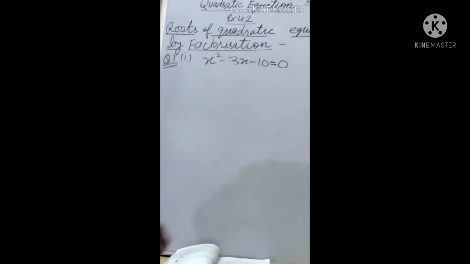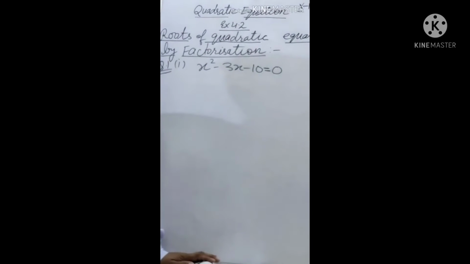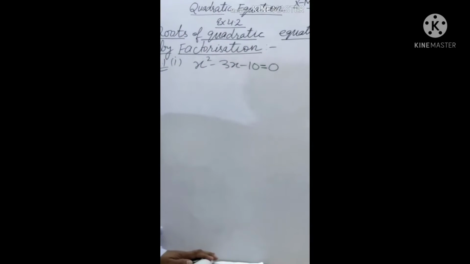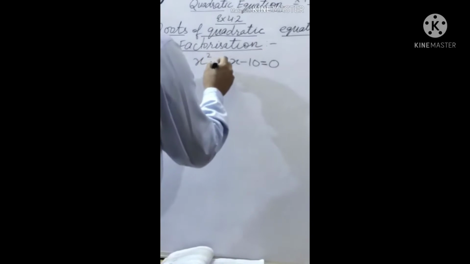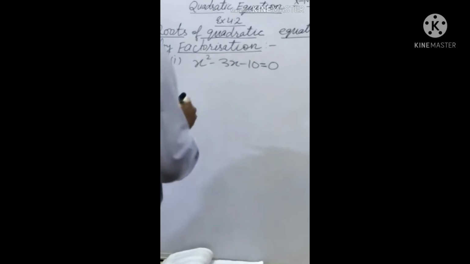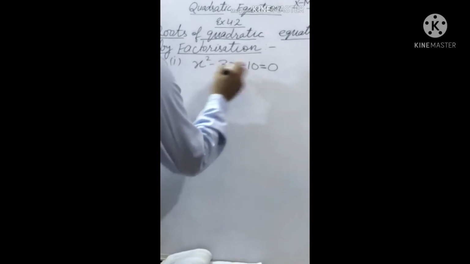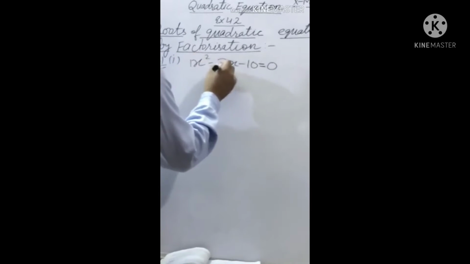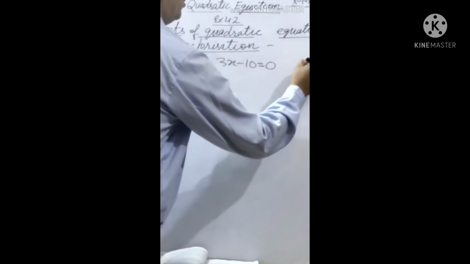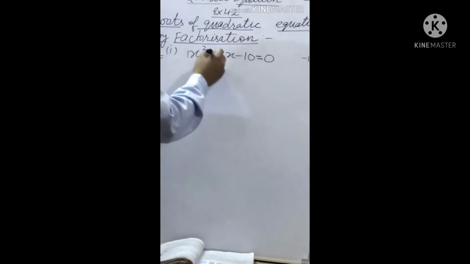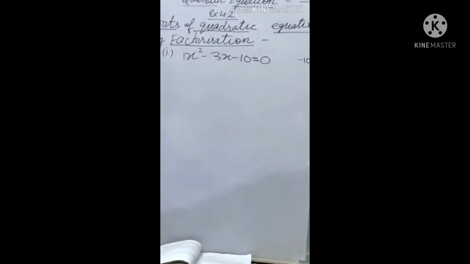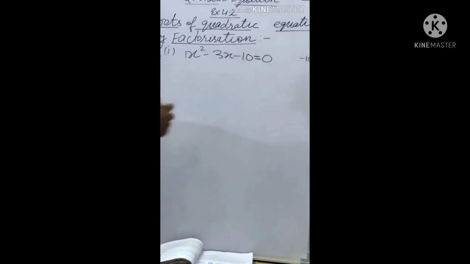First of all, what you will do, you make the factors of this equation. Just split by the middle term. Here you see, it is a, b, c. The last term is minus 10, so the product should be minus 10. If you add and subtract, you must get minus 3. And in which table is 10 coming?